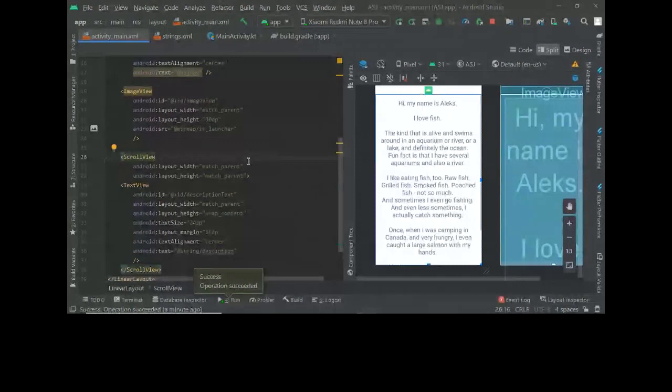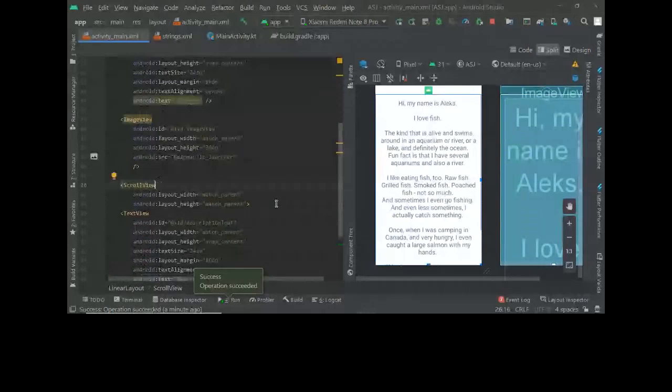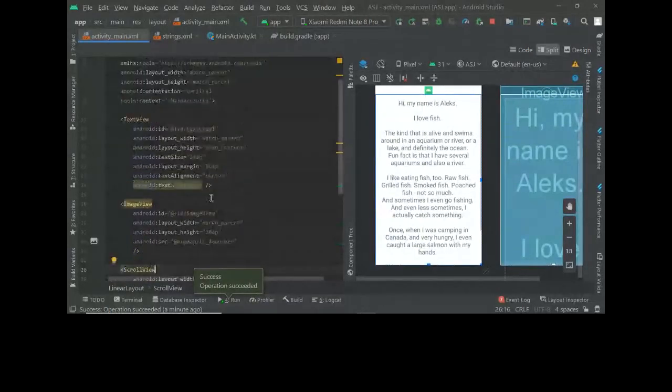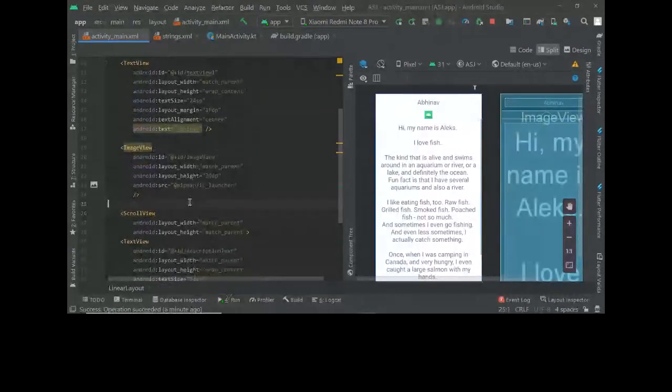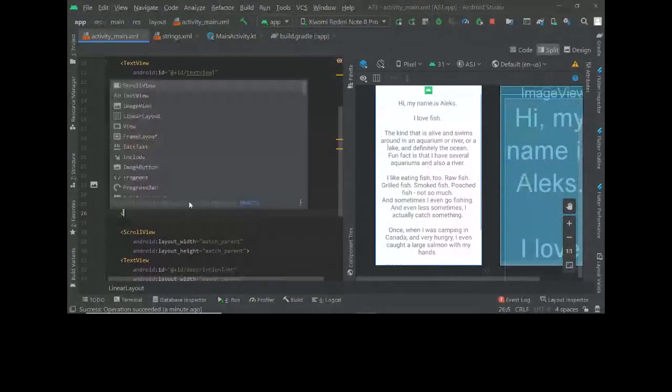Next is adding an edit text. Sometimes the user needs to give some input, and you can do that with an edit text. After this image view, there's an edit text.